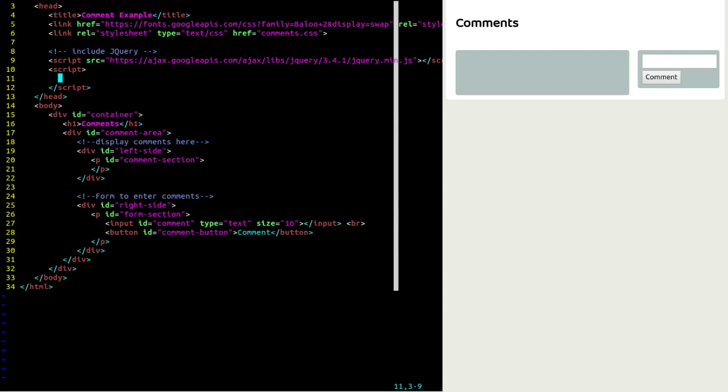Anyways, I'm just going to show you a basic example here. I want to write something in this comment box over here, click a button or press a key, and have it appear over in this nice blue-gray area. So first things first,